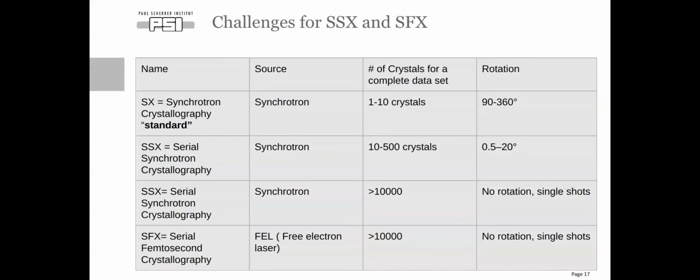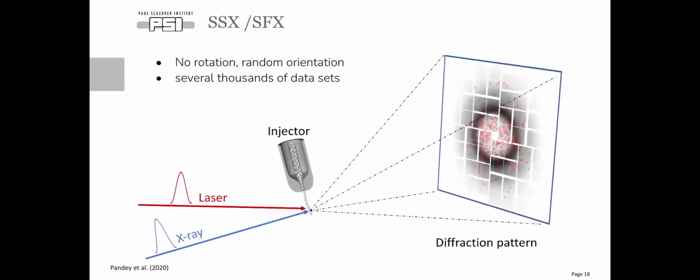So the last part I would quickly like to touch on is SFX and SSX data. So far, I was talking about synchrotron crystallography data with rotation, so still rotational wedges. And now I would like to cover a bit the challenges of serial synchrotron crystallography and serial femtosecond crystallography, where we have no rotation. I think Richard will give us a full talk about this problem, so we'll just briefly touch on it. So you know from the setup that we don't have any rotation and we have random orientations of these data sets.